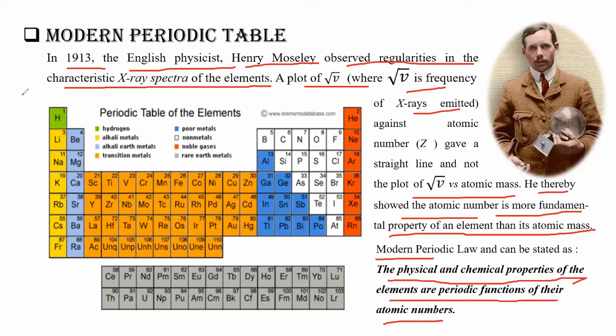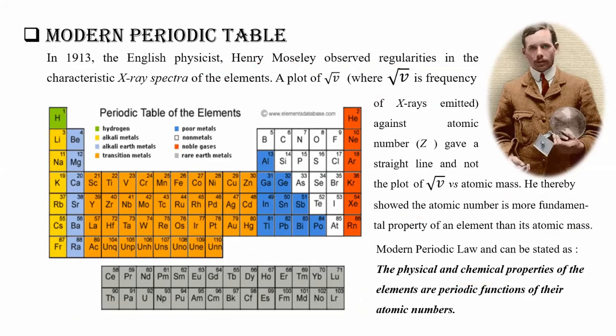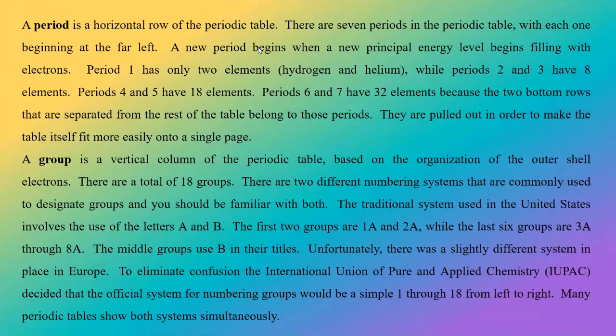And as you can see, this is the periodic table that basically runs at this moment in our studies. Okay, this is the periodic table that we use, right? So Henry Moseley discovered this particular periodic table. Now in this periodic table, we need to know what the major things are, and these major things are none other than the periods and the groups, right? The terms periods and groups had already been introduced by Mendeleev.